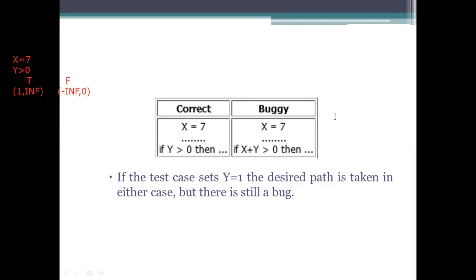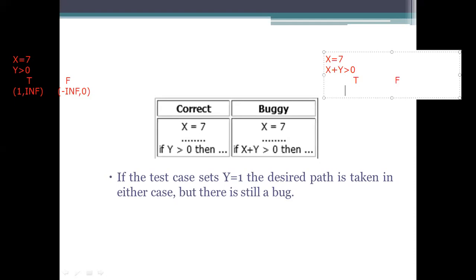Let me write here. The second predicate we are using is x is equal to 7, and blindly we mention x plus y greater than 0. Basically the truth value we are using has to start from 1 comma infinity, and the set we are taking has values 1 comma infinity.